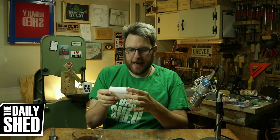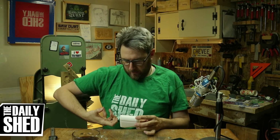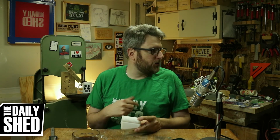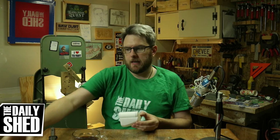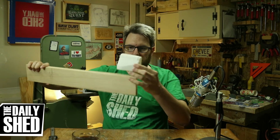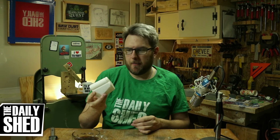Then as far as the handle goes, I tried to take this size of a thing and scale it to a revolver, and then get a revolver handle and model that and print it, and it's too big for my printer. I either have to do that model in multiple stages, but I also think it would be this ridiculously large thing, which is not what I'm interested in. I'm interested in more of a compact pistol. So I'm going to cut it out of wood, just simply trace a thing on here, put it on, and try it. And I might even do the finished prop out of wood, because